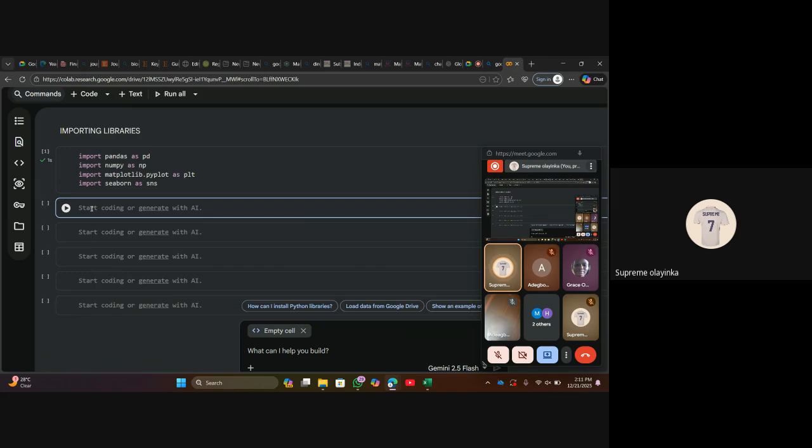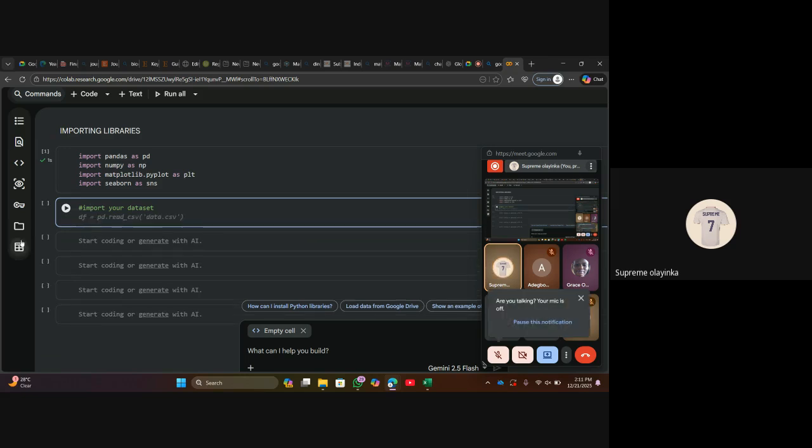So the next thing is you want to import your data set. So let me just write import your data sets. Right? So when you're importing your data set, you have to say something like PD, because